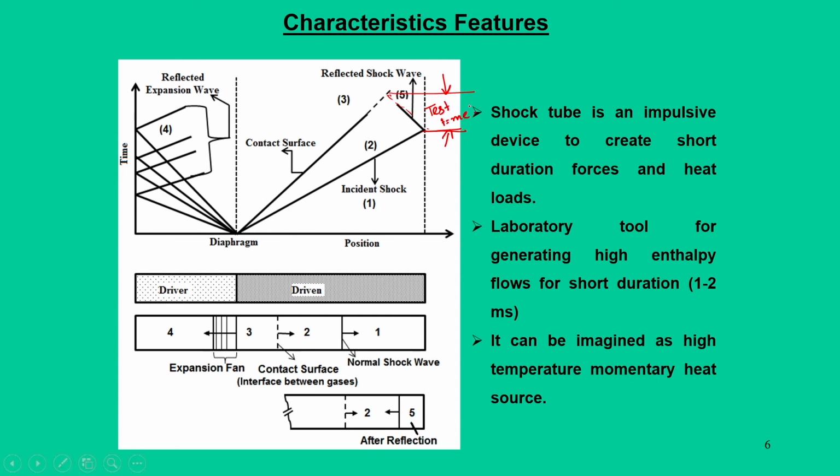When it meets the contact surface, that means the contact surface has arrived, and it will dilute the test gas. So, if you want to perform any experiments with a given condition of test gas, the test time will be terminated upon the arrival of the contact surface. We can superimpose this on the XT diagram, and it can be evaluated. Moreover, this particular condition we call tailoring. That means the arrival of the contact surface will terminate your experiments.